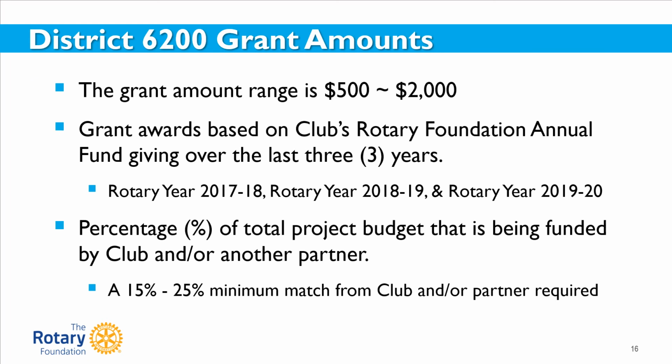The grant amount range for the coming grant cycle will be from $500 to $2,000. This year, the district is modifying its criteria for awarding district grants. For the first time, a club's past 3-year history of support to the foundation will be part of that criteria. In many districts, the amount of past giving to the foundation dictates the amount a club is entitled to receive